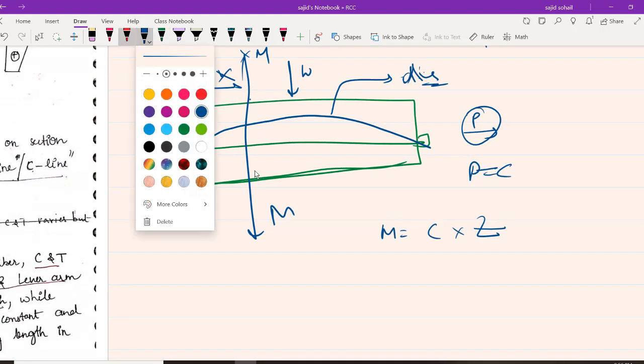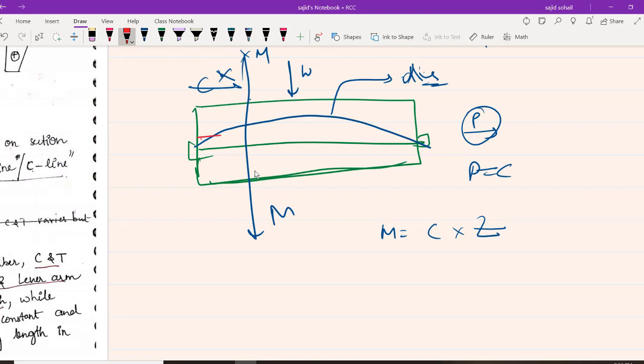If I have my neutral axis somewhere, let us say I have my neutral axis somewhere, so this will be my normal eccentricity, the constant eccentricity where my tendon is placed, and at this point this will be my eC, right? The eccentricity of my compressive force acting. So it is nothing but C into e plus eC. So what will be my eC? It is nothing but M by C minus e.